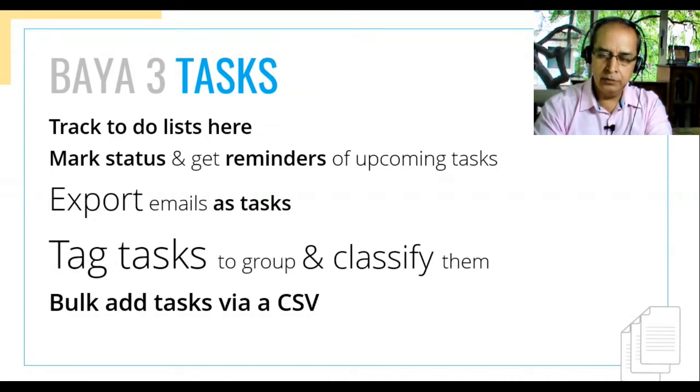We've introduced tasks for the first time in any of our products. We know the value of this, where everybody has some kind of to-do list to track. So you can track them here. These will be remembered, they'll be marked, history will be kept, so you can always go back to them. And the biggest thing in this is the tags. So I can classify my to-do lists into groups pertaining to the type of activity. For example, it could be deployment, so I put a deployment tag on it, or it could be billing, so I can put a billing tag on it. Okay, so this is an important thing we've added. The big integration point here is that I can export an email as a task.